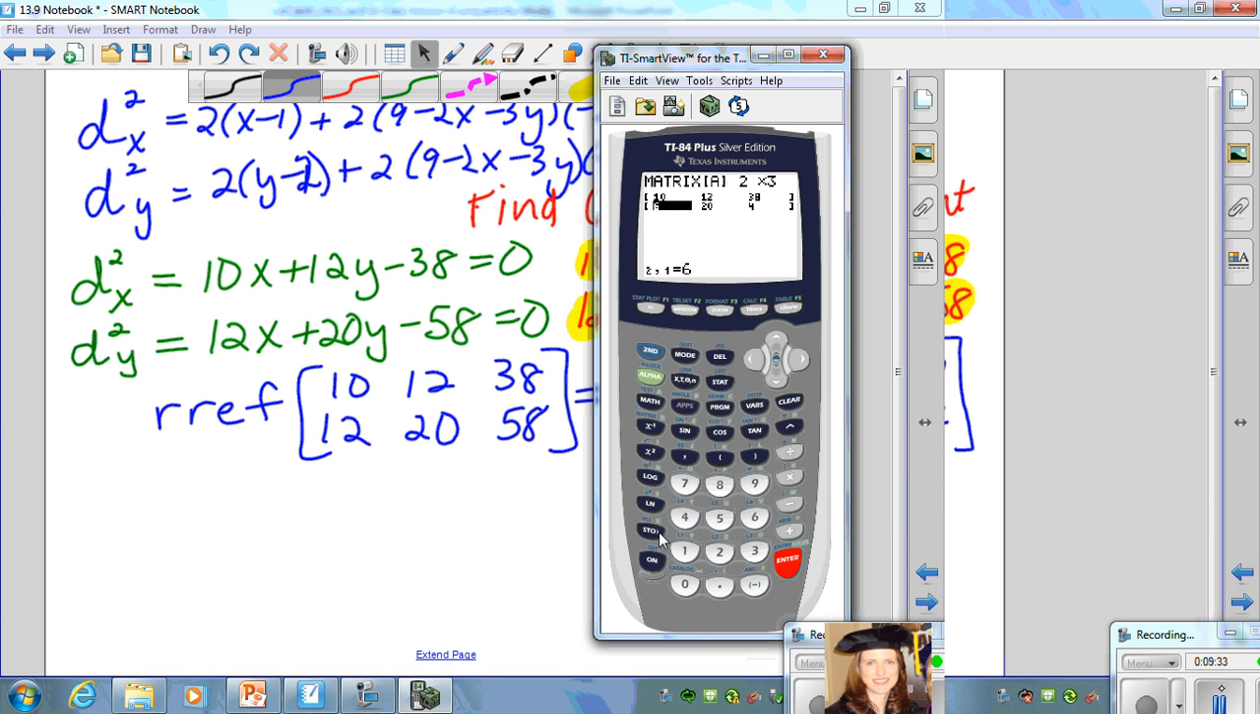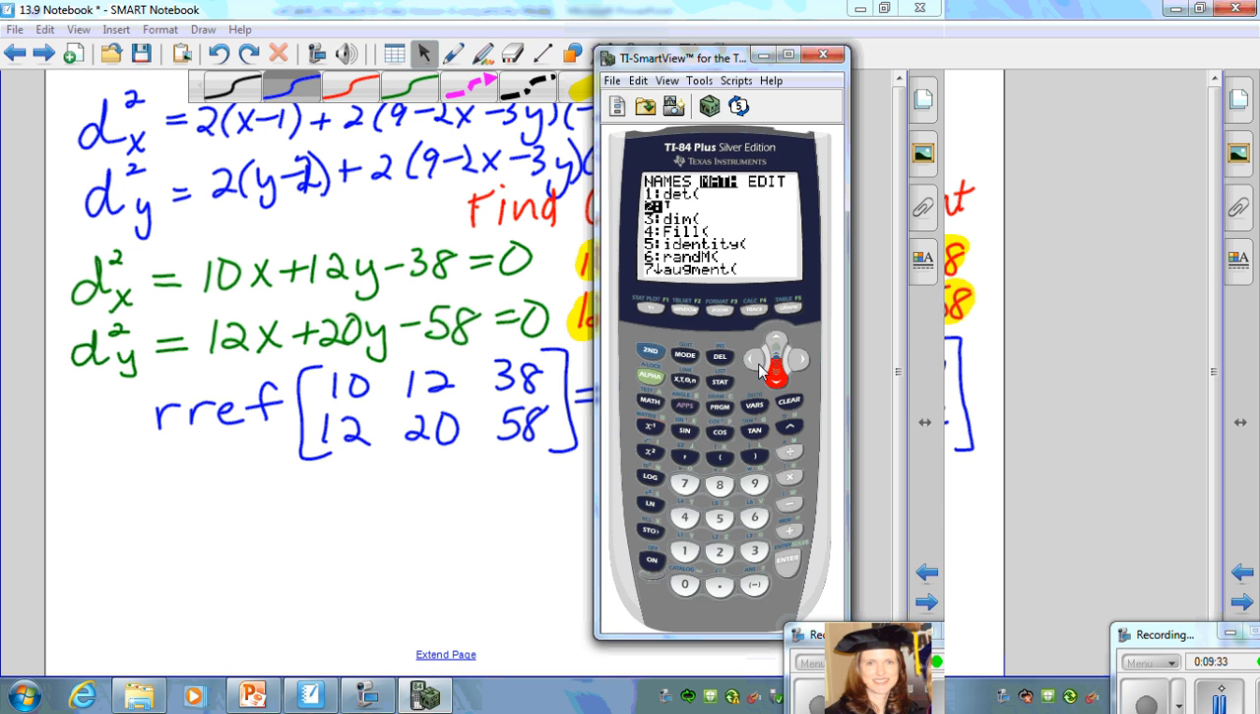So I entered 10, 12, and 38 into the first row, and now I'm going to enter 12, 20, and 58 into the second row of matrix A. Now once you're done entering those numbers, I press second and quit to get out of that edit mode in the matrix. Go back to the matrix menu, and this time we're going to go to the math menu,